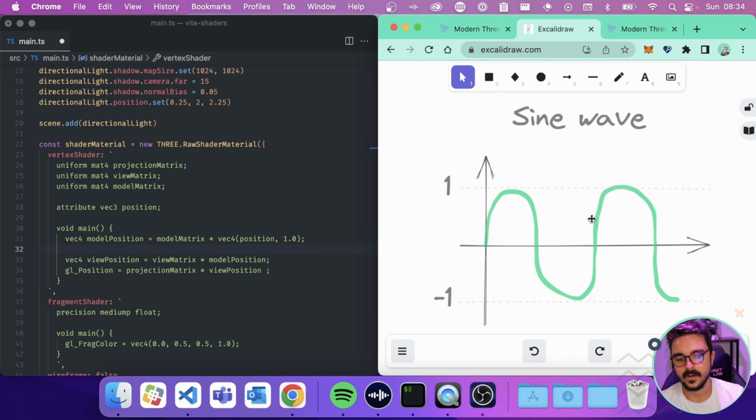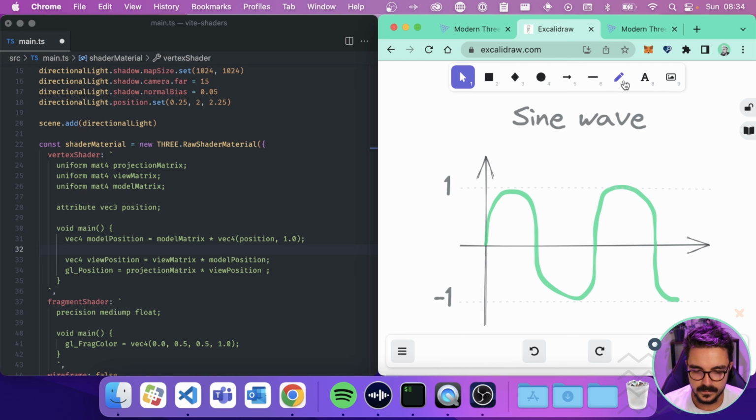For all of you that don't know what a sine wave is, it's basically a mathematical function that can create these kinds of waves, okay? They go from 0 to 1 or minus 1, and then you can multiply it and change its amplitude. It's called amplitude. Then we have the frequency, which is how often they do the crest, okay?